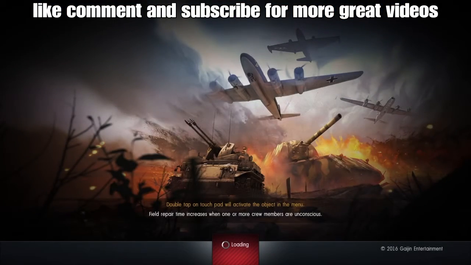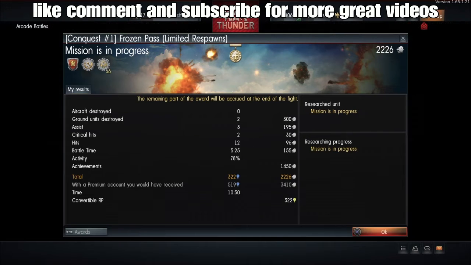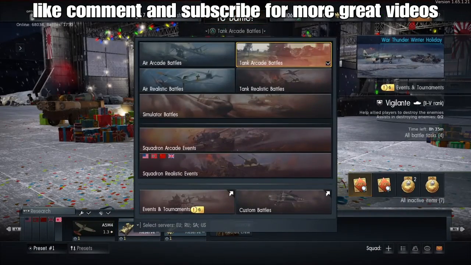Alright, let's return back to the hangar and, yeah. I don't know how I feel right now. I really don't. I had high hopes coming back to this game, but that last man standing, oh my god, it is such a pain in the ass. Like, I could understand it in realistic, or what's that other game mode I'm thinking of? Simulator. But